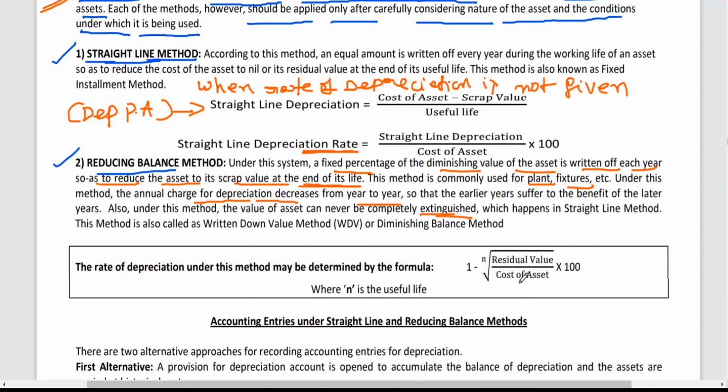Generally these formulas we don't use, only for discussion's sake. Generally in the examination they will be giving the rate of depreciation. It is very difficult for you to calculate that nth root. There is a mechanism, 6 to 7 steps, with a calculator you can do it. That I think the faculty will tell you when your situation comes. But generally here we won't be calculating nth root. So here we should just remember the formula, that's it.